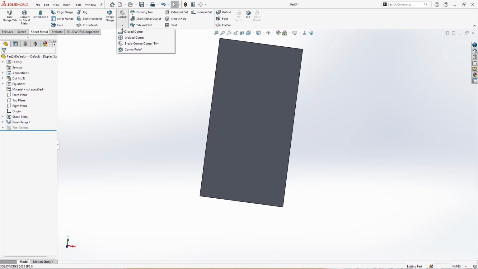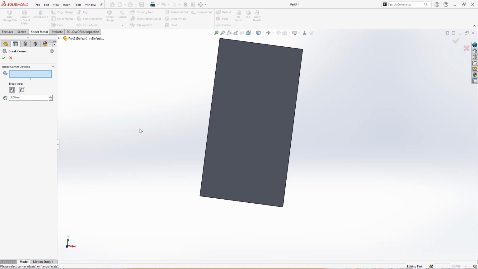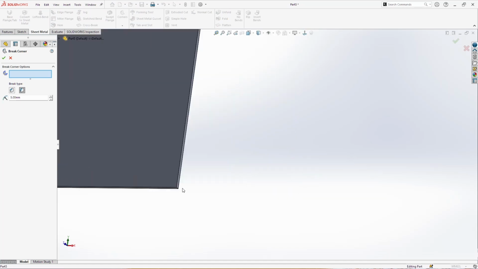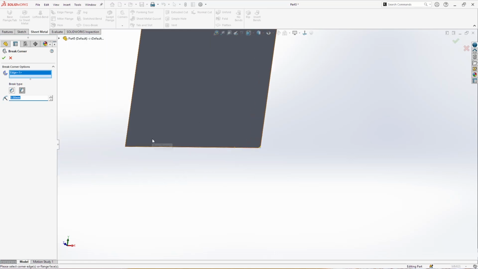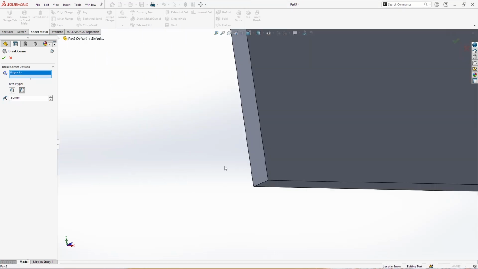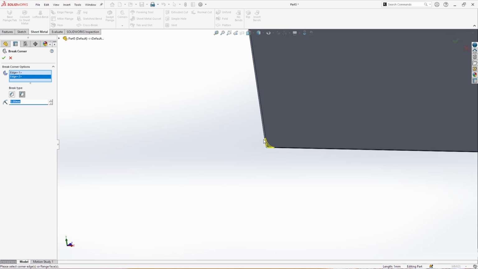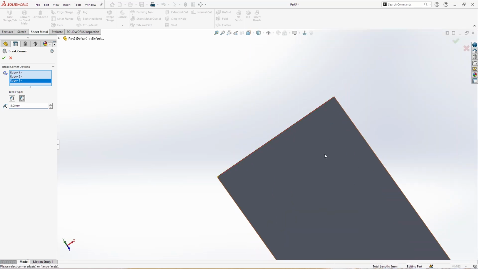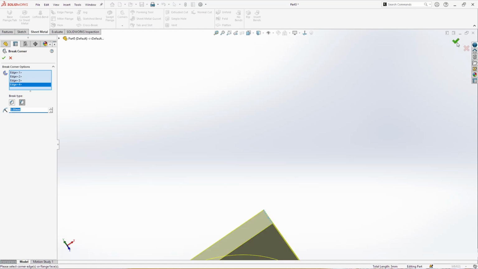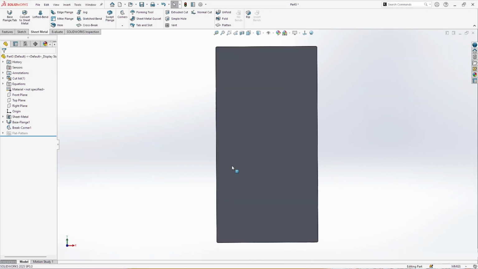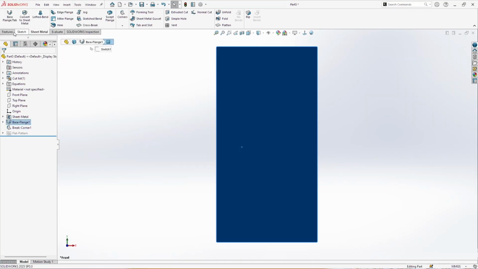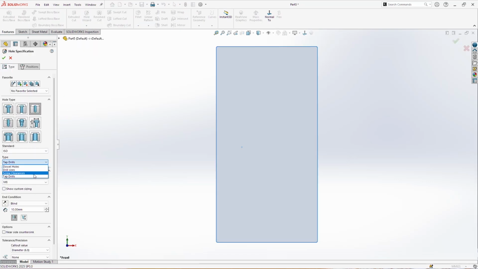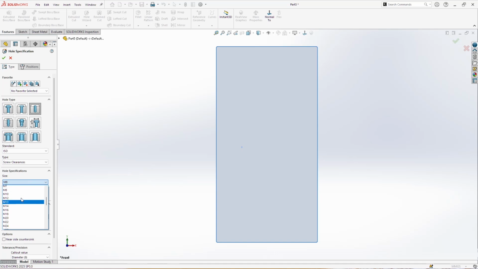Then I'm going to use break corner, 5 millimeters radius, and I'm going to select these 4 edges here and click OK. We need a few more holes here now. Screw clearance M5,